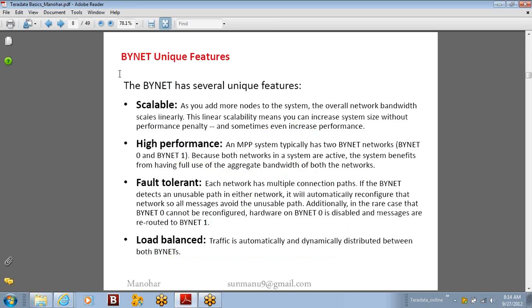So here the slide uniquely defines what the features of the BYNET are. The first feature of BYNET is scalability. Whatever we say, Teradata can scale to an infinite number of nodes, or in Teradata 14 up to 4096 nodes in specific. How are we able to say that? Because of the capacity of the BYNET, how it can be scaled. So because the BYNET is scalable, we can say